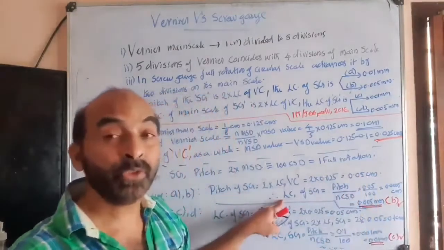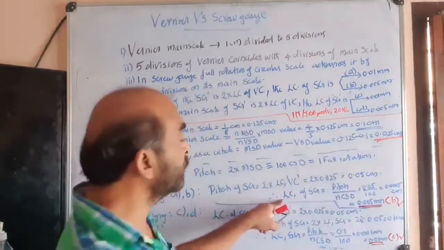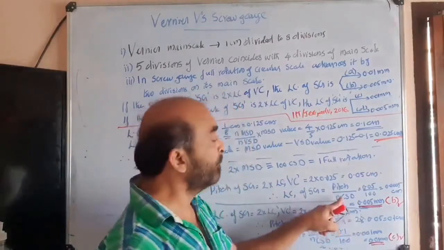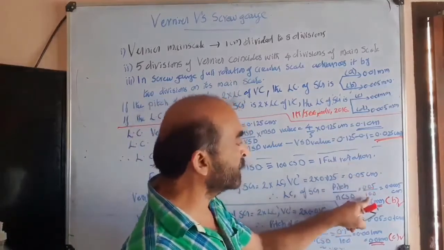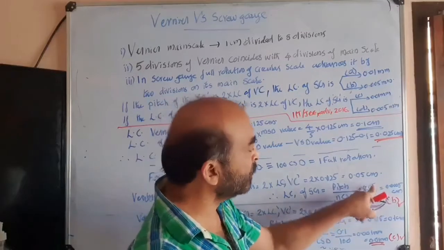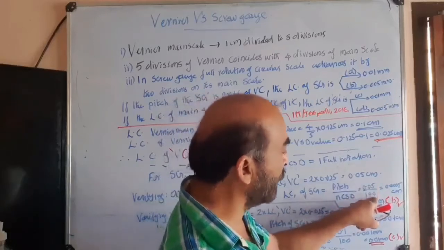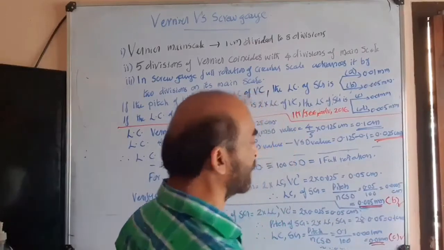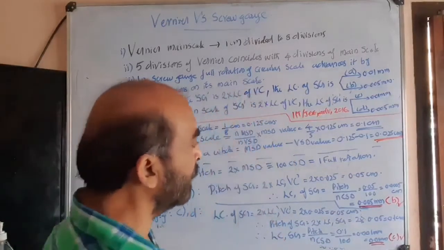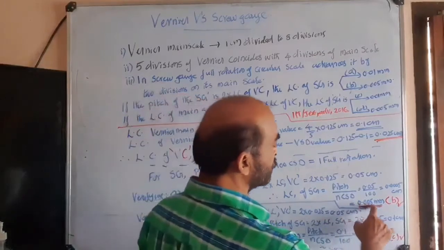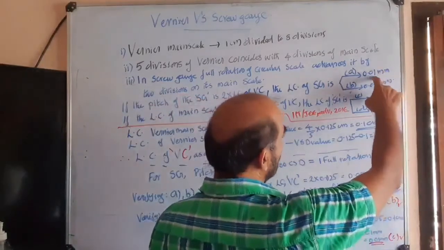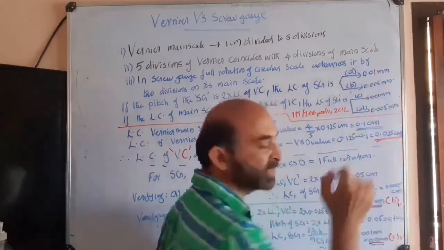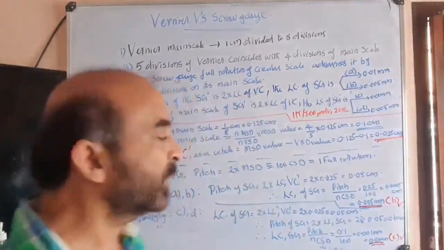Now the least count of the screw gauge as a whole is equal to pitch divided by number of circular scale divisions, pitch divided by n CSD. Pitch is 0.05, number of circular divisions is 100. So 0.05 divided by 100 is 0.0005 centimeter. Options are given in millimeter, so multiply by 10: 0.005 millimeter. So out of A and B, B is correct. Now the second option.